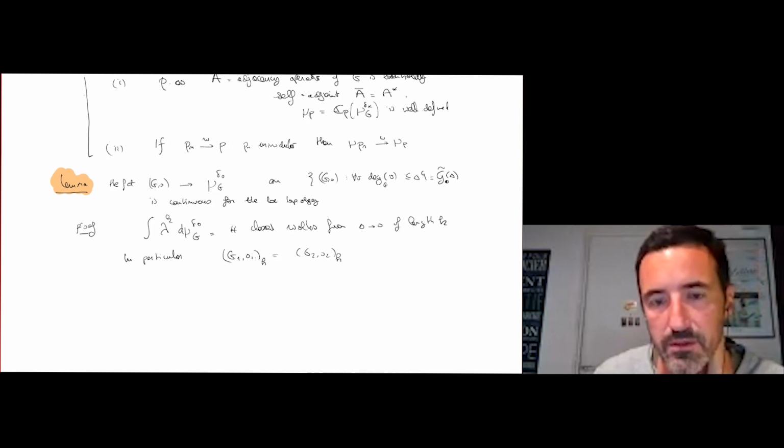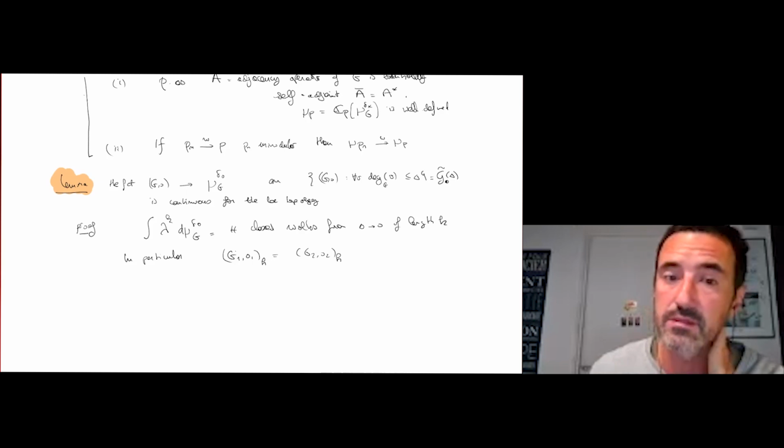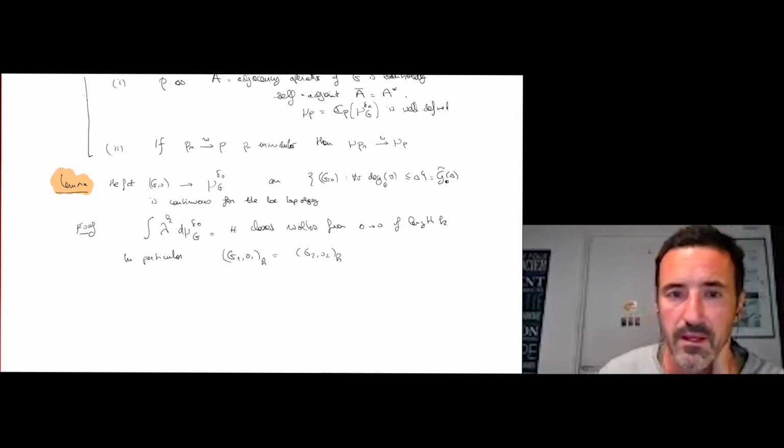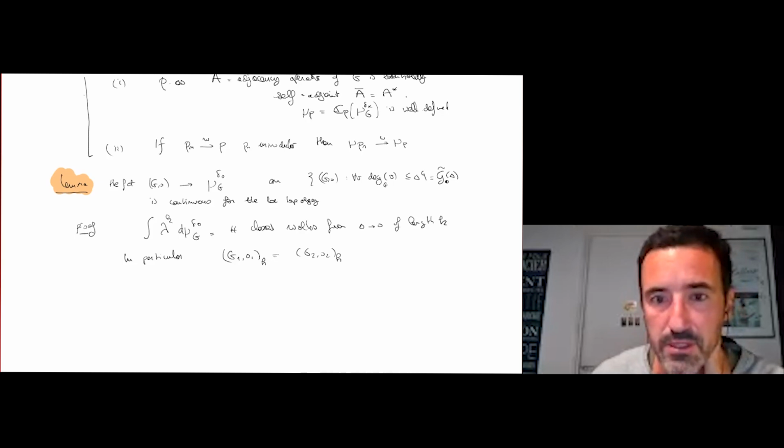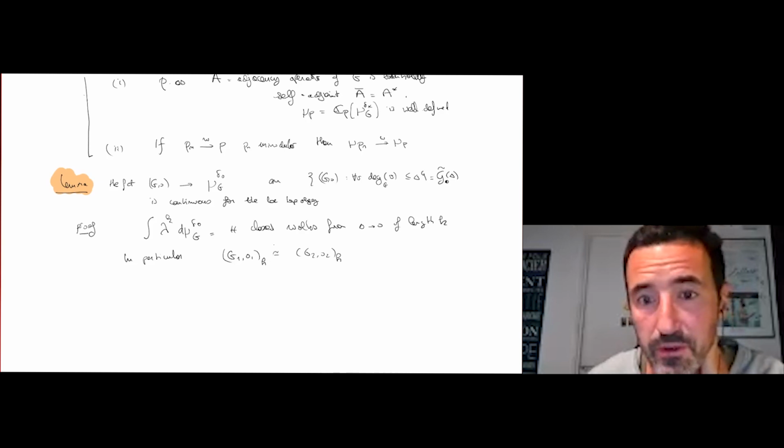When I have a rooted graph and I put an integer subscript h, it means that I'm just looking at the rooted subgraph spanned by the vertices at graph distance at most h. So if you have two graphs such that their h-neighborhoods are rooted isomorphic,